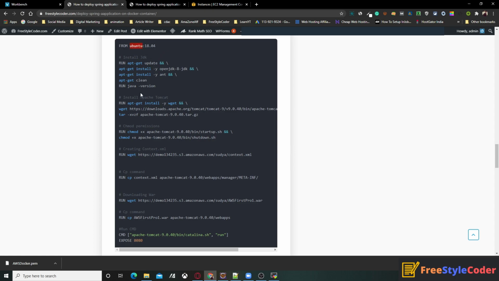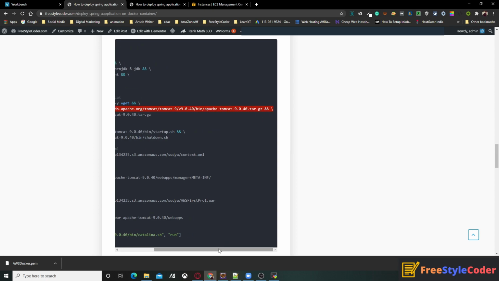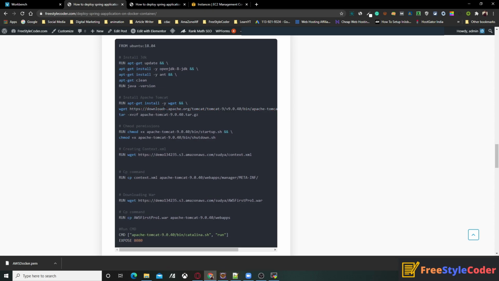In Ubuntu, wget is not installed by default, we have to install it. So in this command we install wget, and then to wget we provide the link of the Tomcat server. After that it will download the tar file.